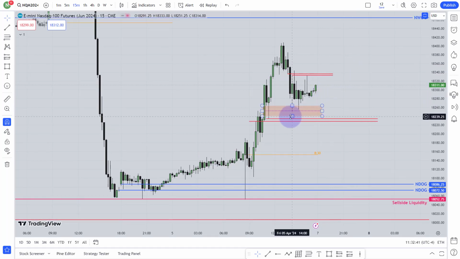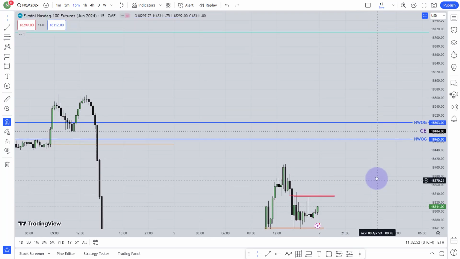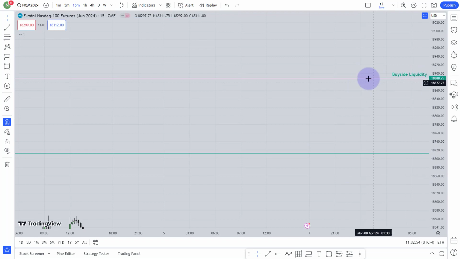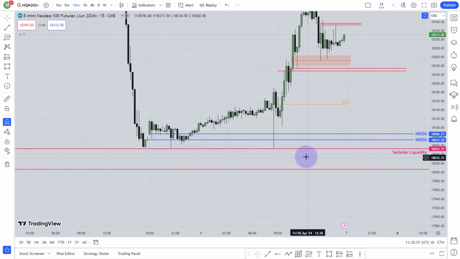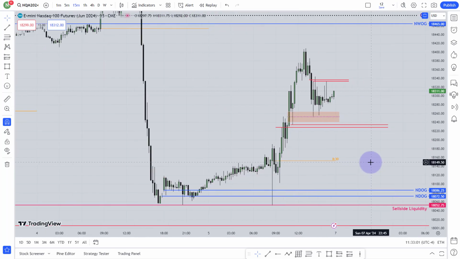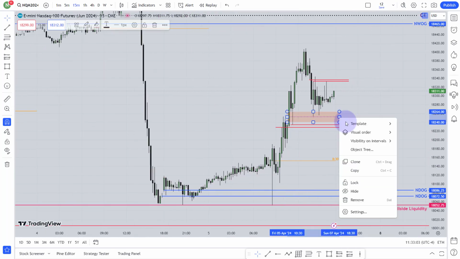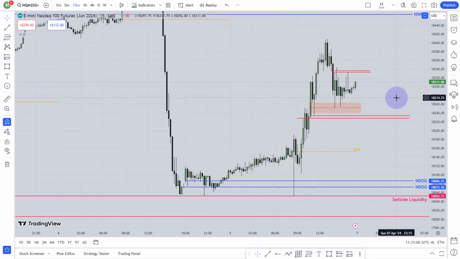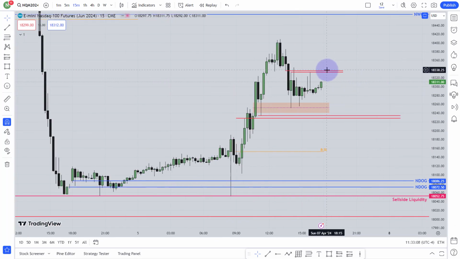I would love to see market will go a little lower, it will clear these relative equal lows, then it will expand higher. Maybe it can come until that hourly fair value. So this is the hourly fair value. It can reach until that hourly fair value before going higher. When market will trade that minus 1 to minus 1.5 standard deviation, then later I will target this sell side liquidity for my target. If it happens, I'll be very happy to trade. Otherwise, it's going to be a little difficult for me to look for very determined buyers.